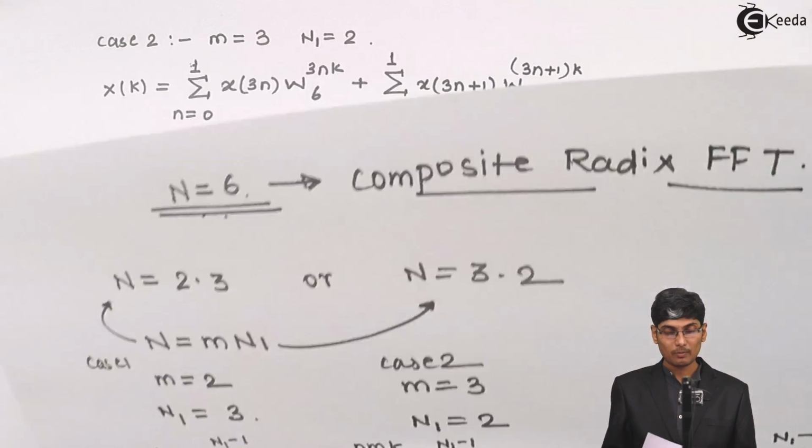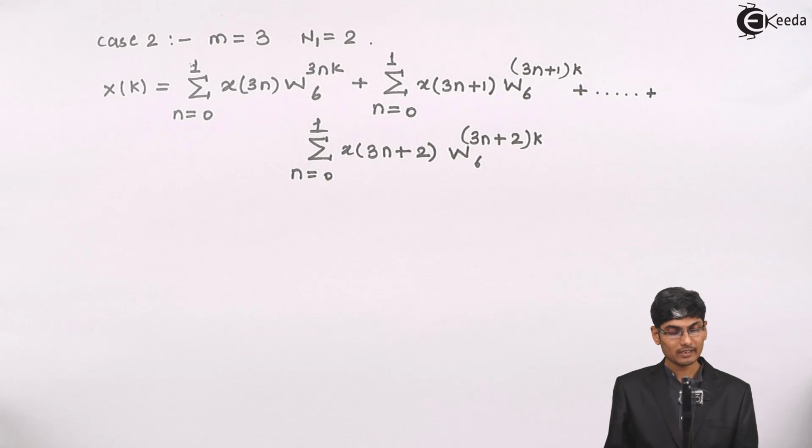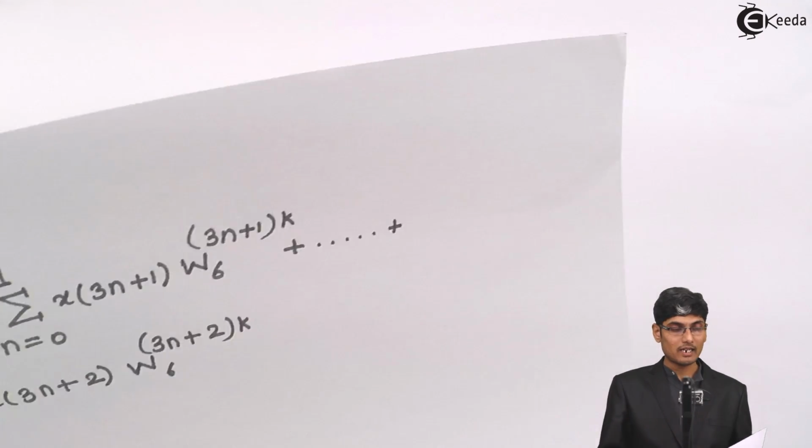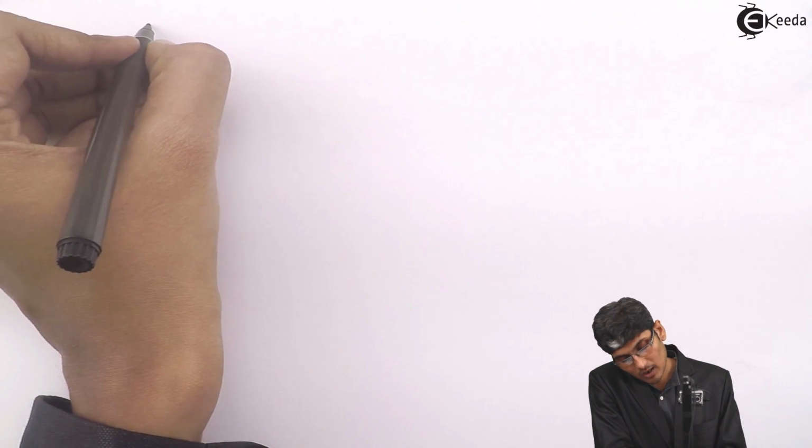Okay, now let us take one case and solve it. So the flow graph of it looks very different, and to make that flow graph we need to do a lot of maths first. So let us consider case 1,